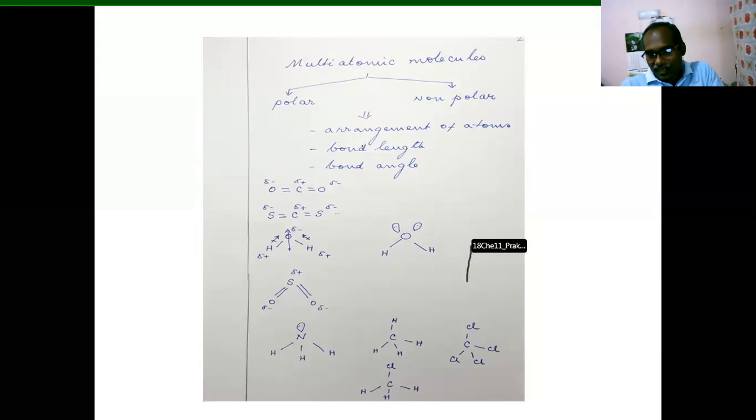Actually, the hybridization involved in nitrogen in ammonia is also sp3, and I have already told you, nitrogen is sp3 hybridized, and this sp3 hybridized nitrogen has tetrahedral shape, but in the tetrahedral shape, one corner of the tetrahedron is occupied by one lone pair, whereas all the other corners are occupied by